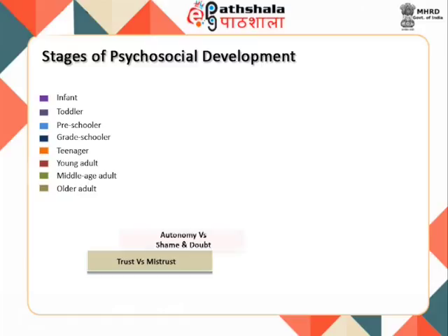Stage 2: Autonomy versus shame and doubt. Between 18 months and 3 years of age, the toddler gains self-control and starts to become self-sufficient by using new motor and mental skills. A supportive environment for performing routine activities like toileting, dressing, and eating results in autonomy, whereas overprotection or lack of adequate activities results in self-doubt and shame. Stage 3: Initiative versus guilt.